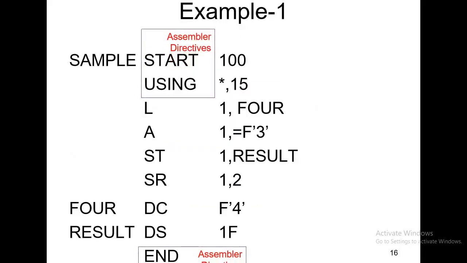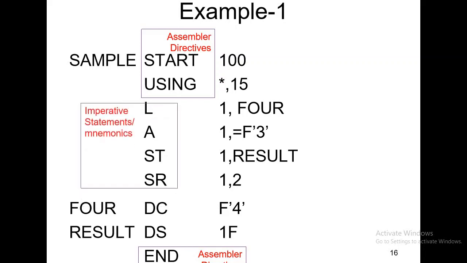Now see, basically there are three types of assembly language program, or we can say there are three types of statement. First one is assembler directive, second is declarative statement, and third one is imperative statement. What is meant by assembler directives? It gives instructions to the assembler, where to start program, where to end program, what the assembler has to do. This is same as keywords which are used in C language. So from this example we can say that START, USING and END, these three are the assembler directives.